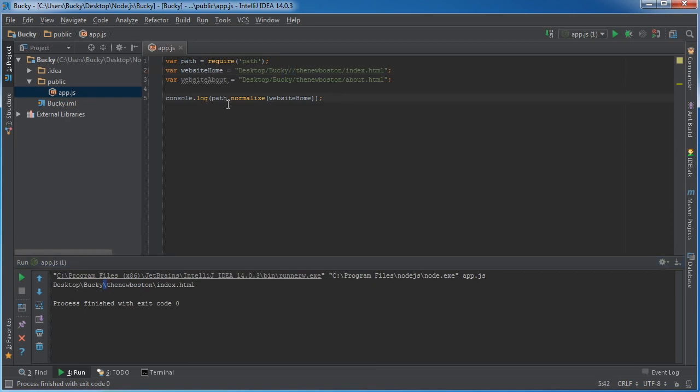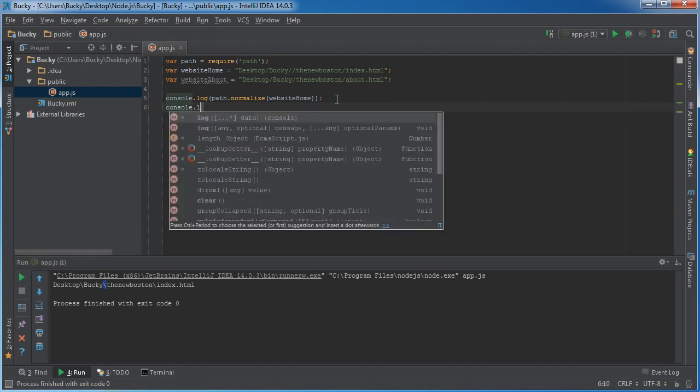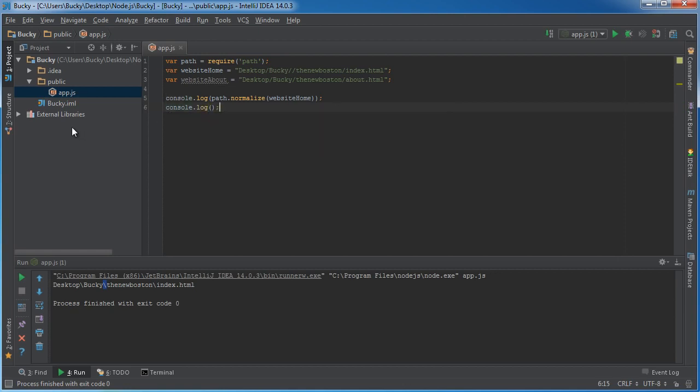So you're going to use this a lot whenever you're working with web servers, and I'll show you guys how to create an HTTP server and a file server in the upcoming tutorials. But for now, I just wanted to show you guys a couple other cool things around here. So let me just log 3 different things out real quick. All right. So another cool thing that you're going to want to use is this